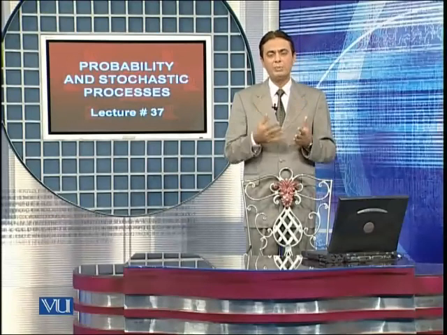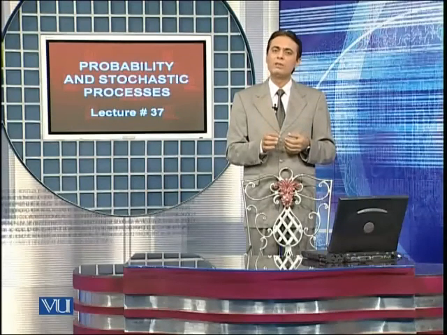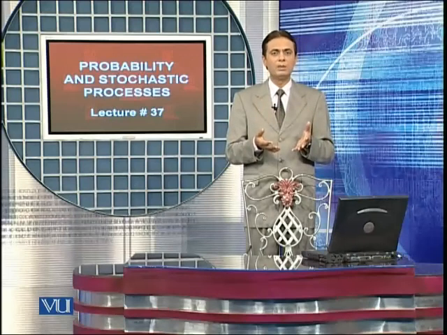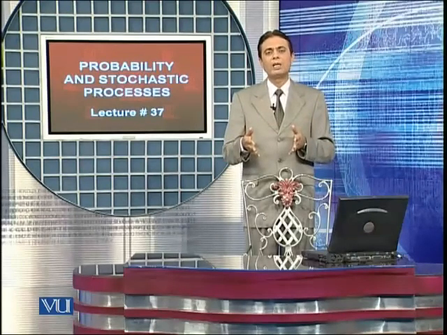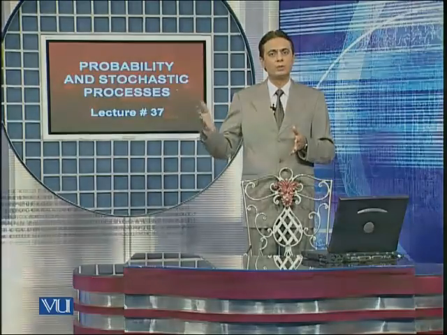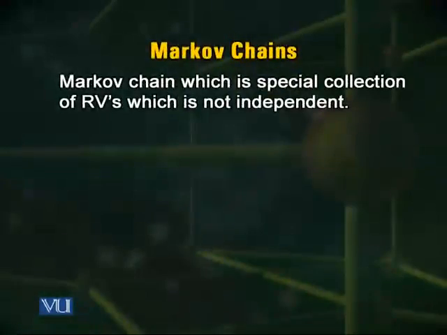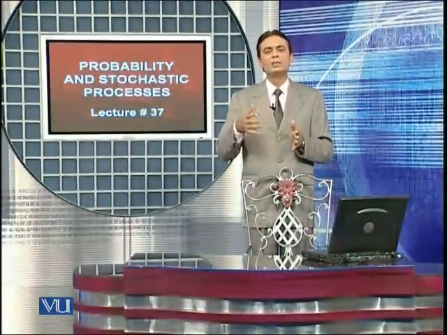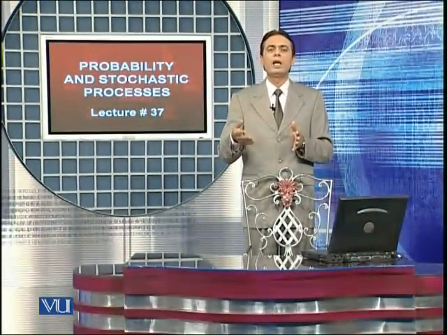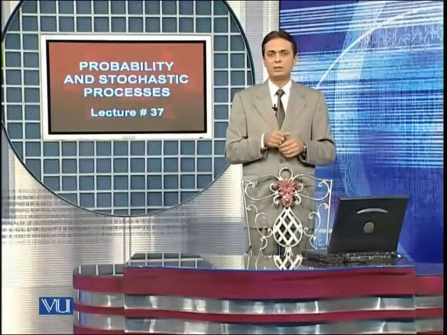So at sampling time 1, the first random variable realizes its value, even though the value is not predictable, but we can talk about the probabilistic behavior of this random variable. Then the second random variable realizes its value, then third, and so on and so forth. This collection of random variables is not an independent collection. If the first random variable realizes a certain value, then it's going to affect the subsequent variables and the values that they are going to realize.